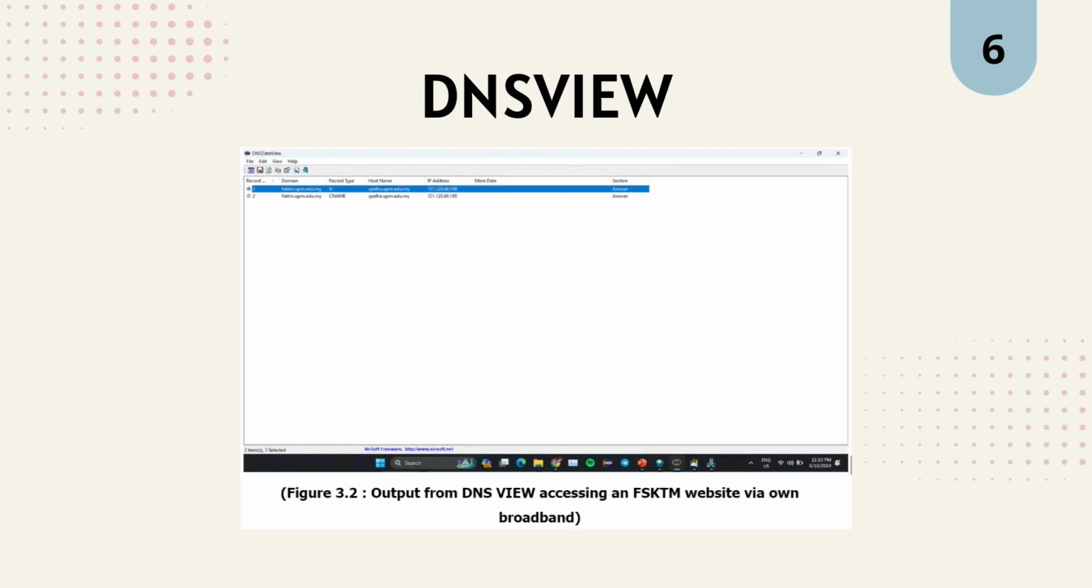So, moving on to the next slide, it shows the output from DNS View by accessing the FSKTM website using broadband. As we can see in the figure above, there are two DNS record lists in the window, which are A, that stands for address record, and the second one is CNAME, that is canonical name. The A record maps the domain spellha.upm.edu.my to the IP address 121.120.69.199. This means that when a user types spellha.upm.edu.my into their web browser, they will be directed to the server